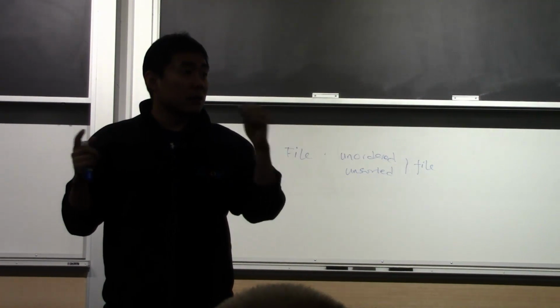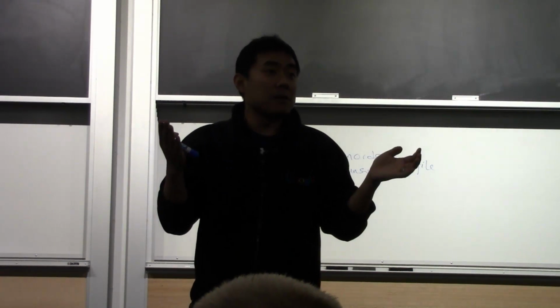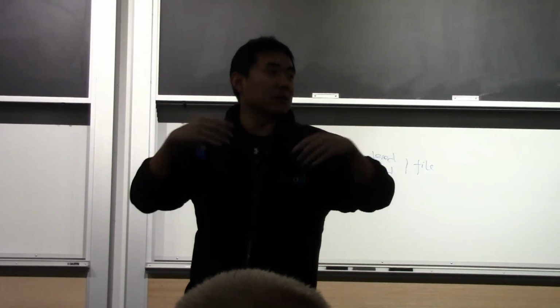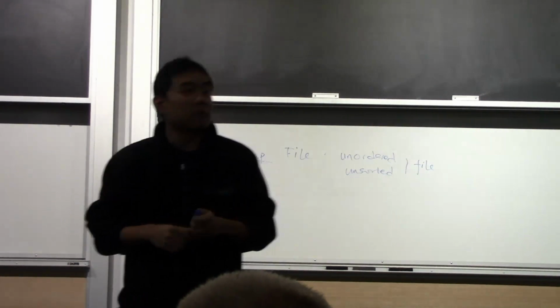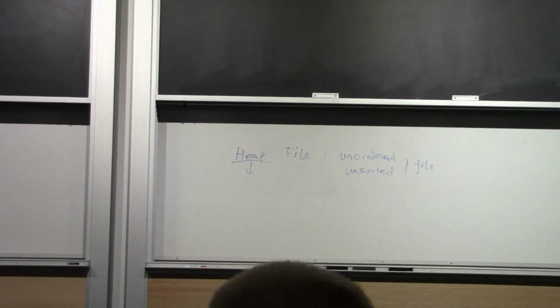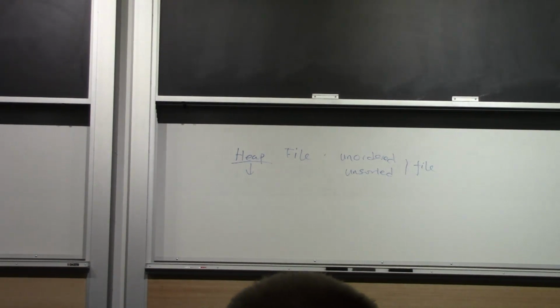Does that make sense? So this is somewhat counterintuitive if you know the concept of heap from main memory data structure. But if you don't know the concept of heap from main memory data structure, then that's fine. There's no confusion. Okay? But just keep in mind this subtle difference when you talk about heap in main memory data structure and heap file in a database management system. One is sorted, the other is not.